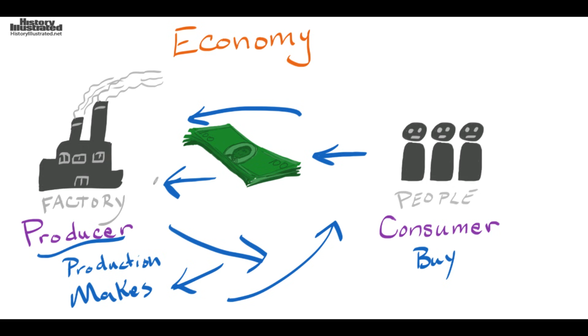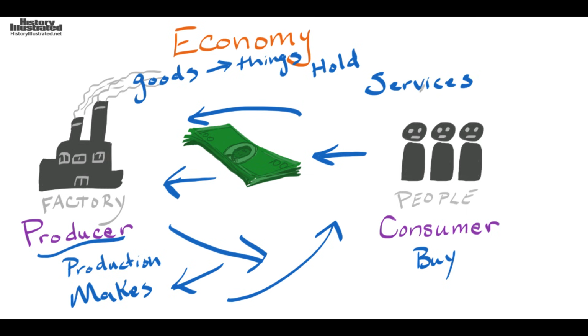So I'm going to give you a couple of more keywords just to focus on. Some of them would be goods. Now the word goods basically means things. These are things that you can actually hold in your hand and buy. Goods. So a producer will make goods, people will consume goods, and the other word that you need to know is services. So services are things that you can purchase as well or a producer can make, but you can't really hold them in your hand. A service would be something that someone's going to do for you.